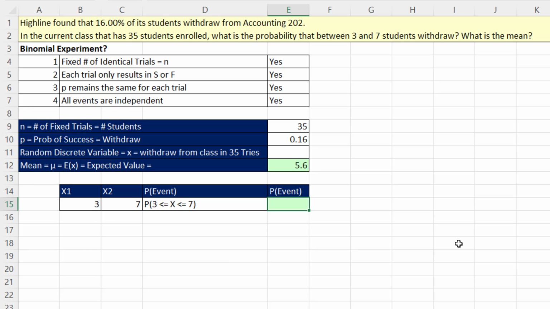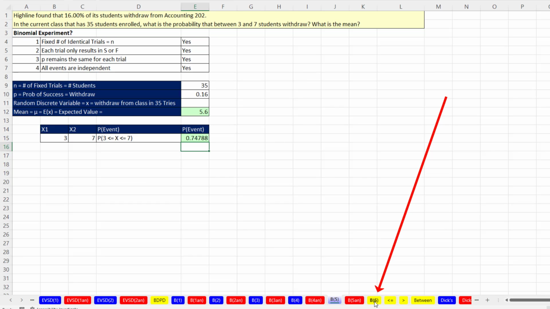And now we do between 3 and 7 inclusive. We use our function. There's n, 35. P is 0.16. The lower x is 3. The upper x is 7. And when I hit Enter, wow, so 75% chance that between 3 and 7 students will withdraw from Accounting 202. Now let's look at our last example